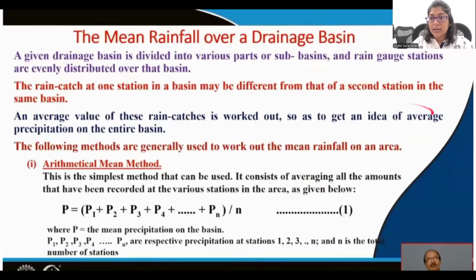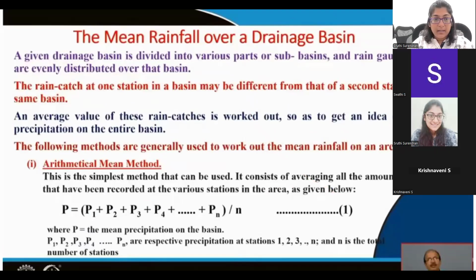It is nothing but finding the average of all the rainfall collected from all the rain gauges placed in the drainage basin. A simple arithmetical calculation: you add all of it and divide it by the number of rain gauges in that